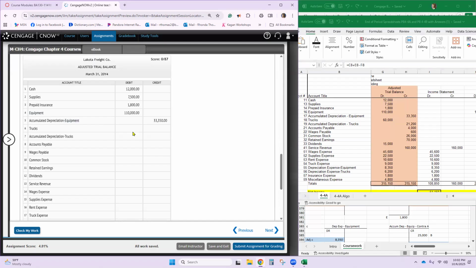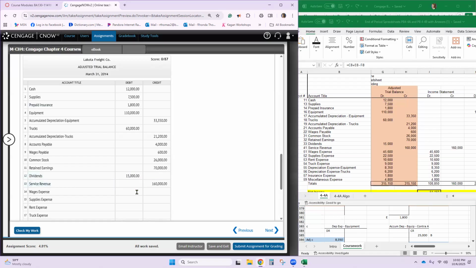Remember, this is the new balance, the new adjusted balance after the adjustments have been posted. Accounts payable, wages payable, common stock, retained earnings, dividends goes back across. Whoops, one too many zeros.